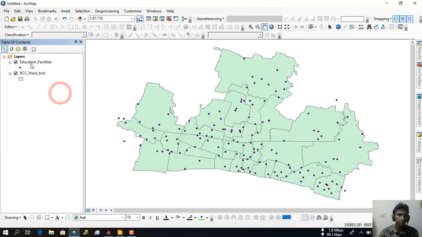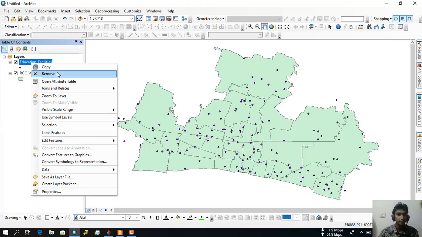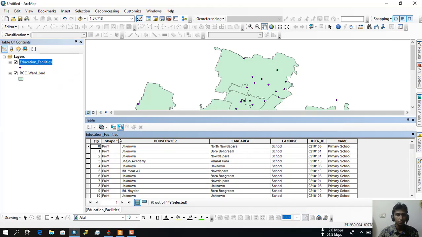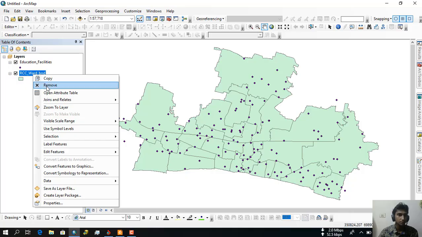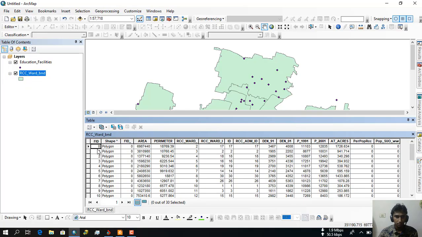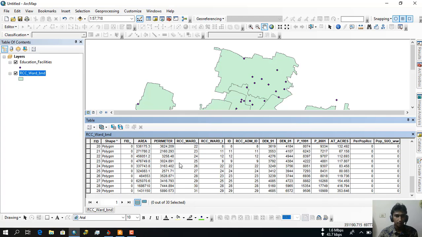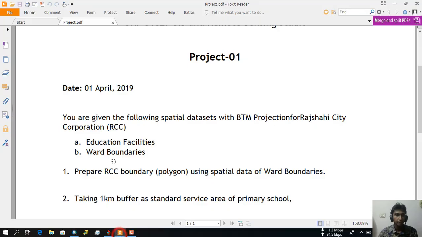So here we can see the educational facility dataset, which is basically primary schools and their locations, and second is the RCC ward boundary. So here you can see how many wards RCC has. So now we have to make the RCC boundary polygon using the spatial data of ward boundaries. So for that,